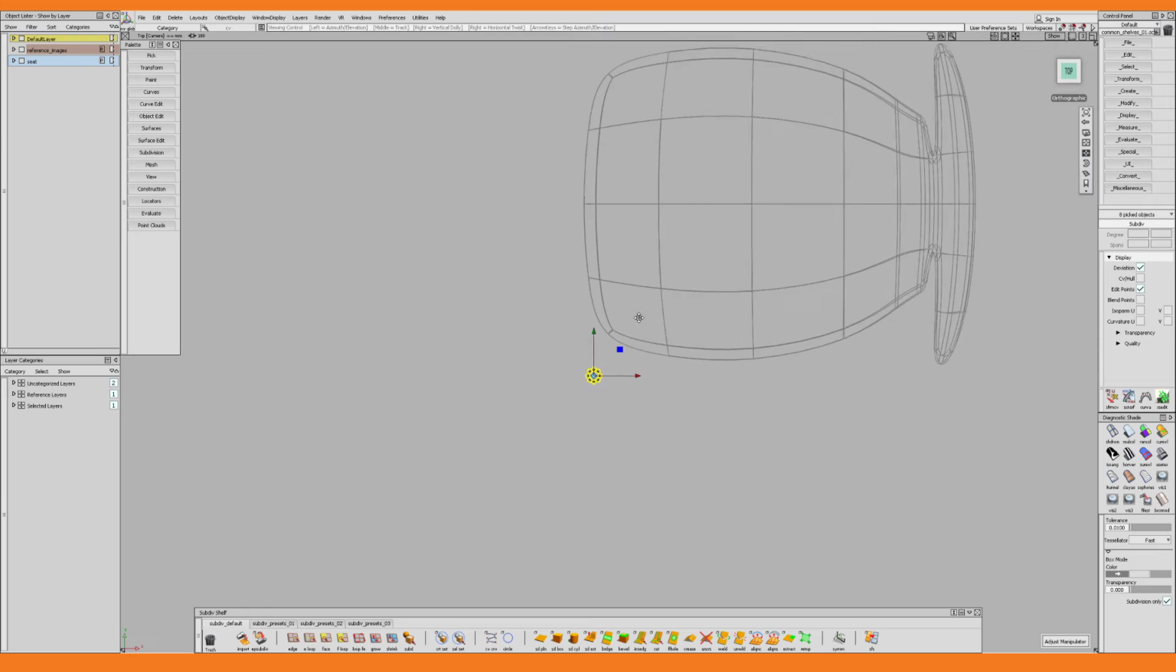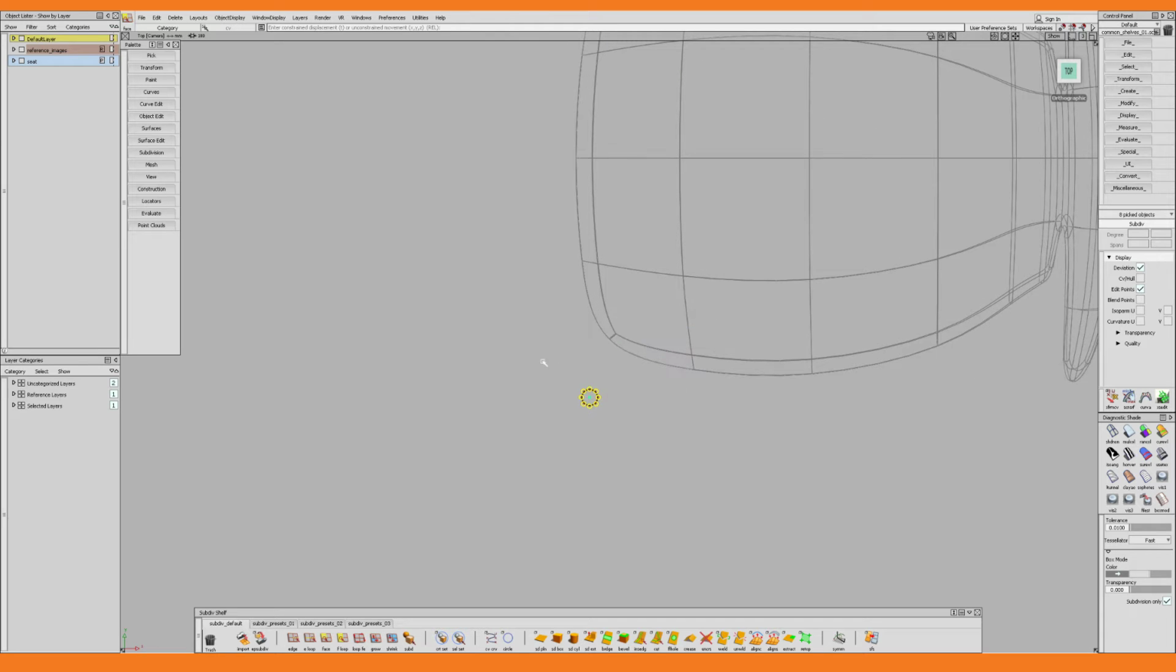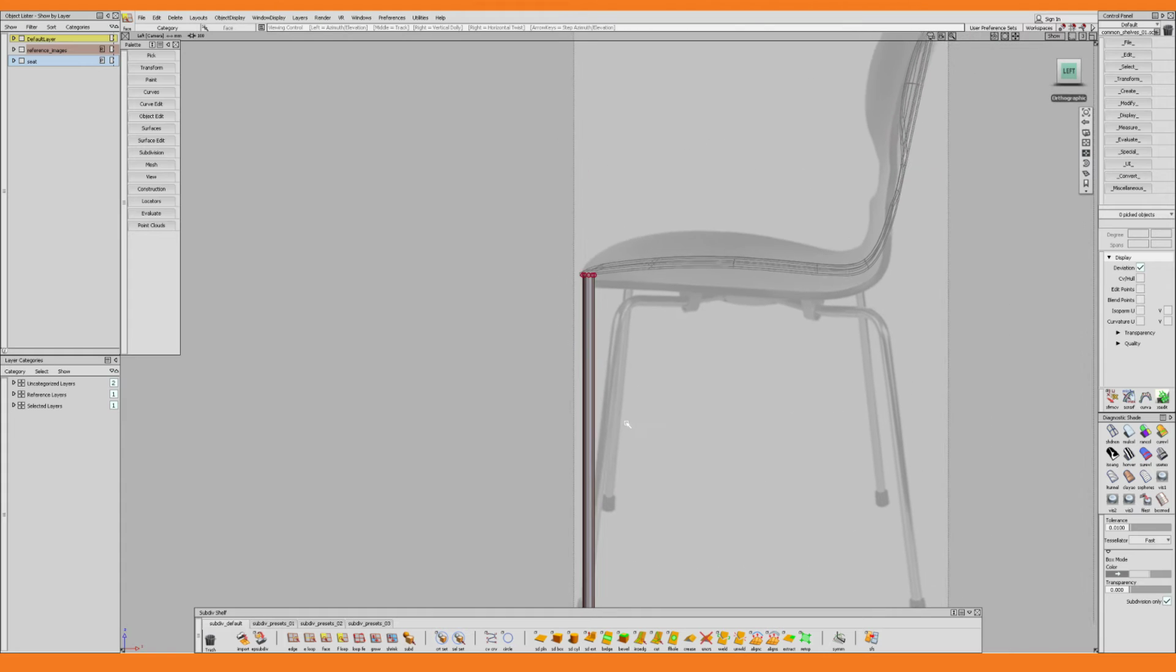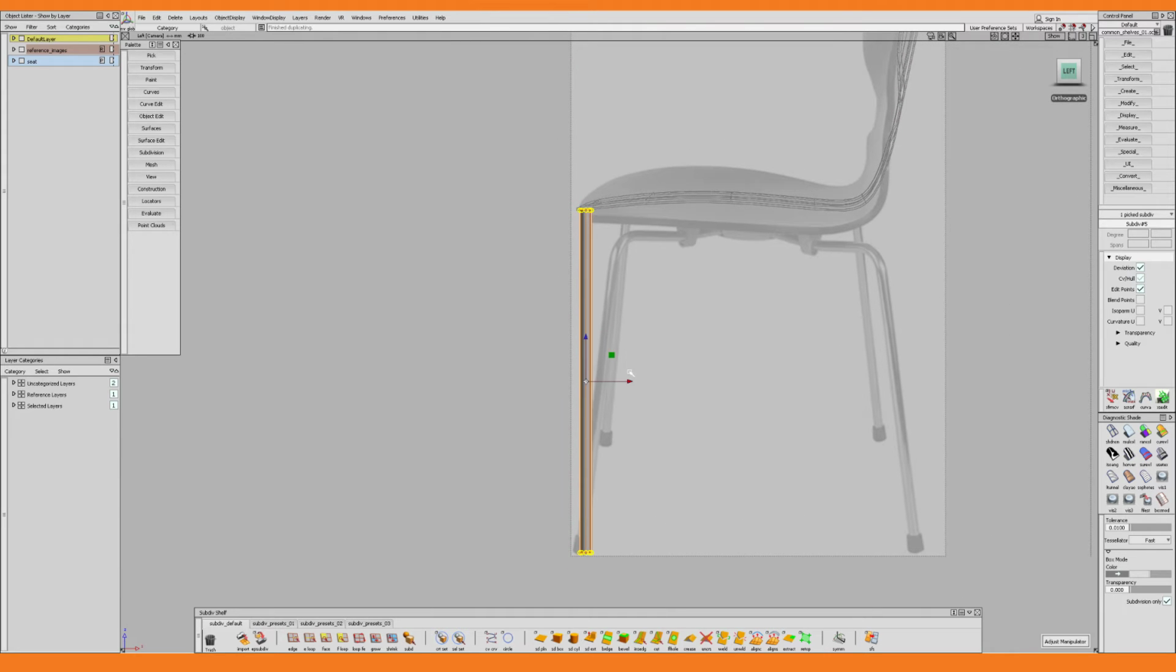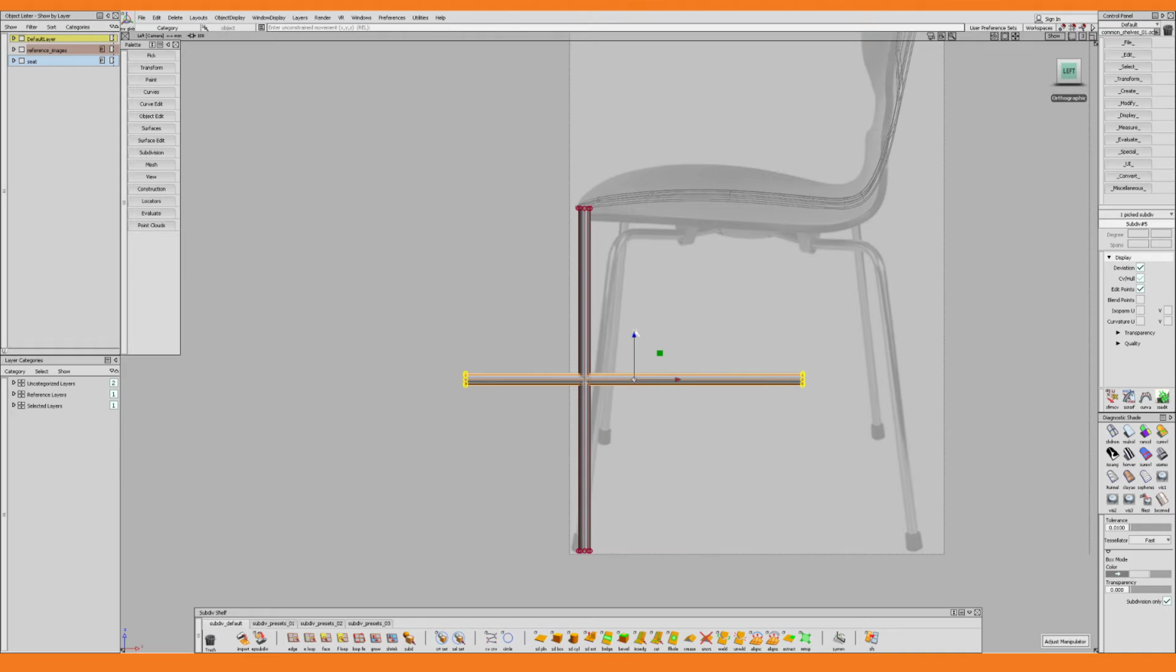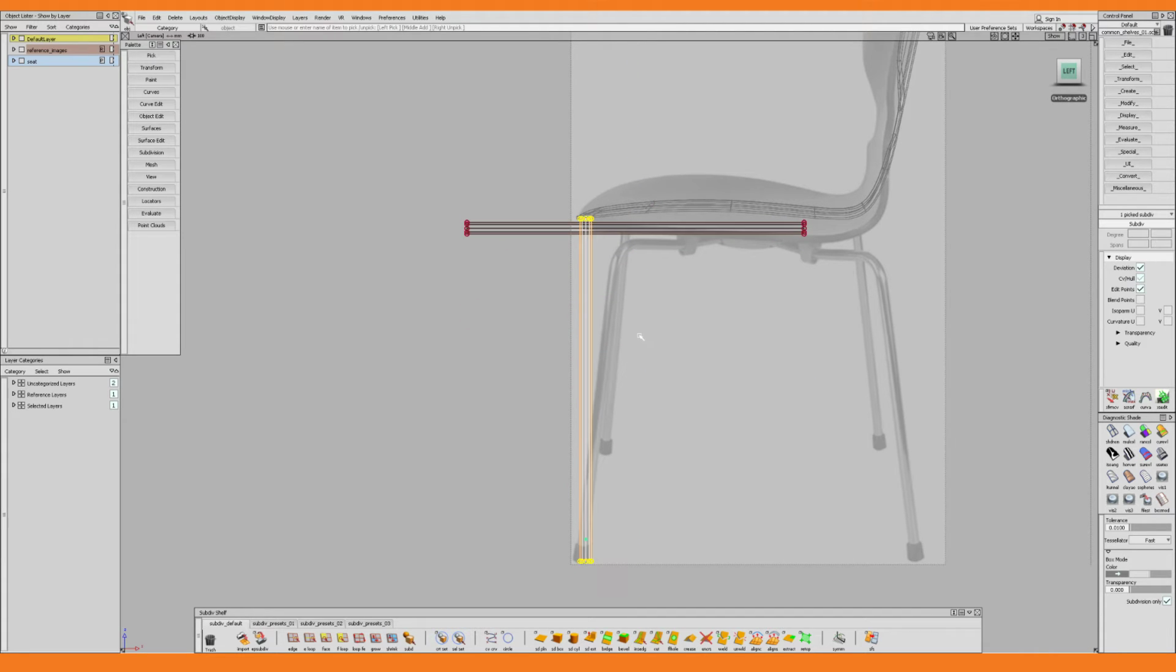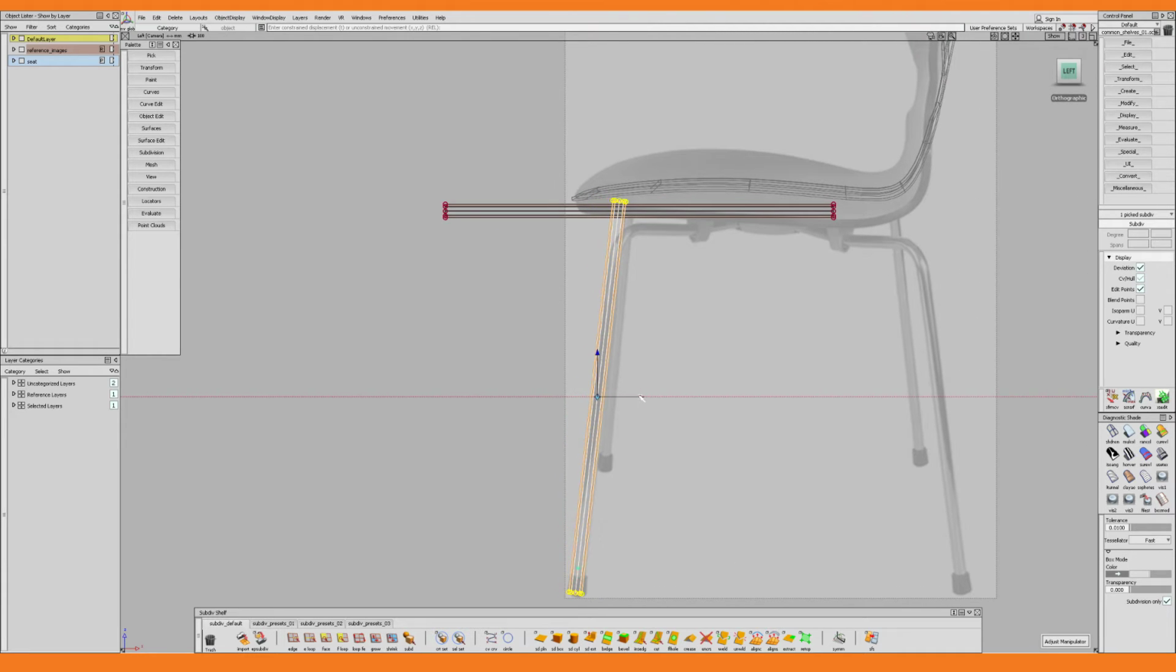I go to the top view, so I can easily select all the faces on one half of the cylinder, which I then delete. I proceed to make a copy of my cylinder, which I rotate 90 degrees in the Y direction. I position the cylinder just beneath the seat. I then take my first cylinder and I rotate it according to the image reference, and then move it into